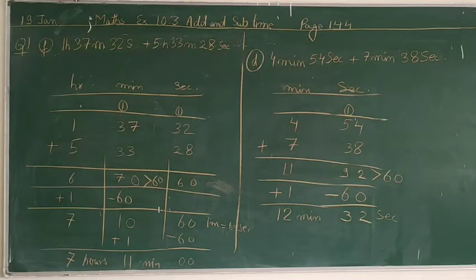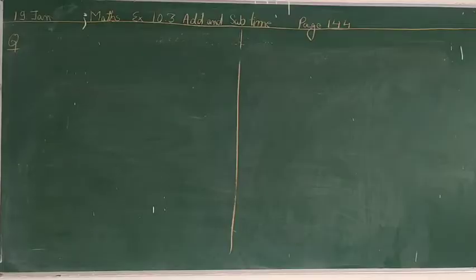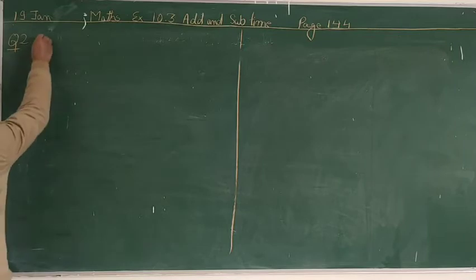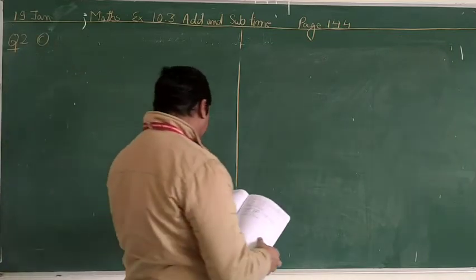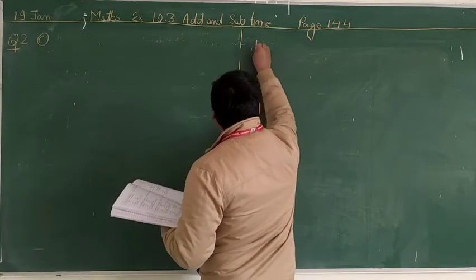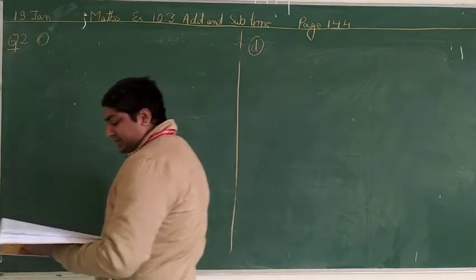Now we are going to do the question number 2, where A and B are in your homework. We will do the C part now. A and B is in your homework. It is very easy to separate. Now we have question number C here, and then we will do the question number D. We will do 2 questions here in subtraction.